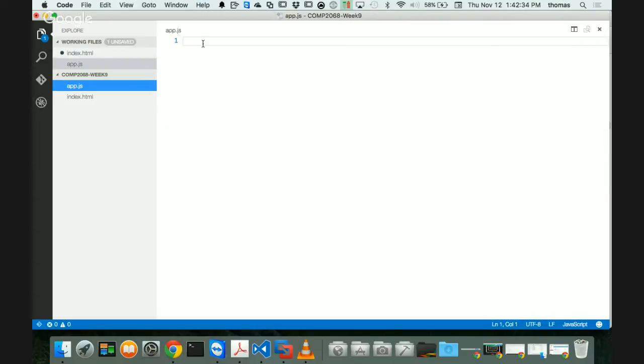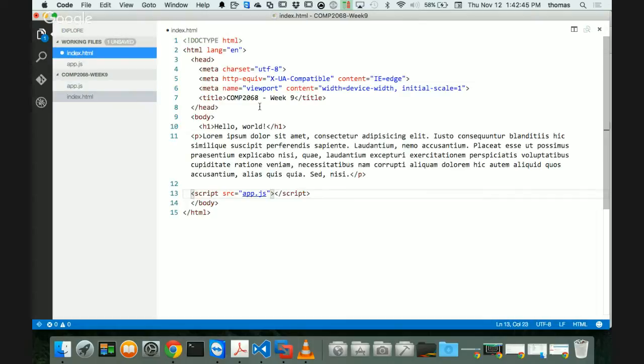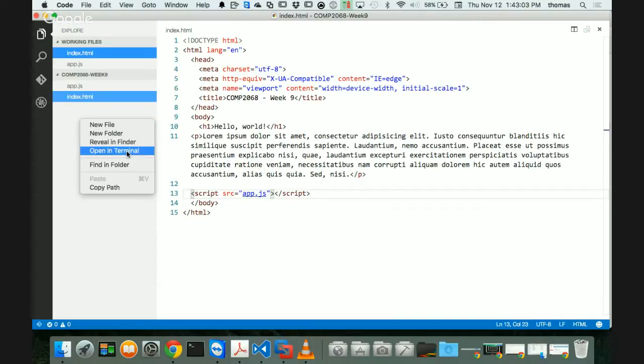In my app.js file, all I want you to put in there for now is some comments. Okay? I want to save this thing. Normally we can run an index.html file by double-clicking the HTML file, because you don't need a server to run an HTML file. But for our purposes, what I want you to get used to is using a little microserver we're going to make, right? So I'm going to right-click here in the sidebar, and I'm going to say Open in Terminal, which